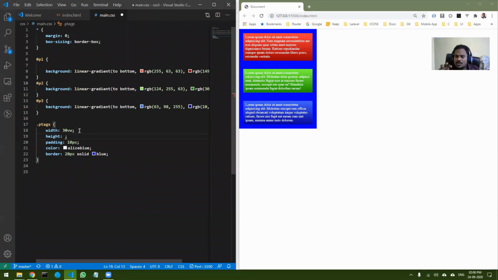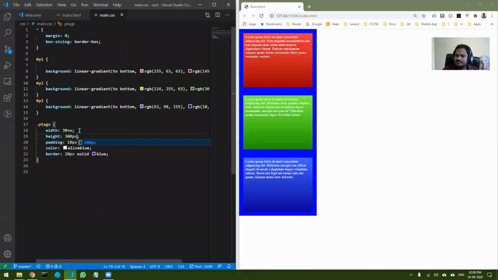But if you want the height to be fixed, let's say 300 pixels, you can do that. Now you can see all the containers have the same height. But in this case, if you resize your browser, it does not reduce the size, so it is not responsive.